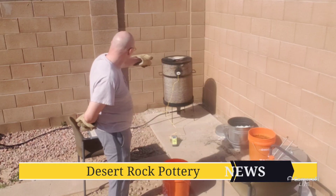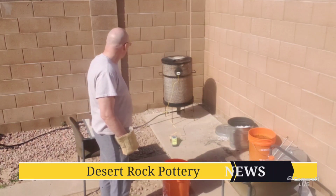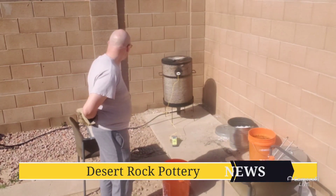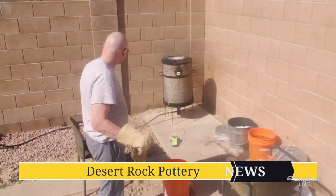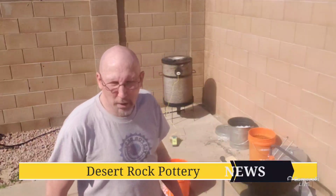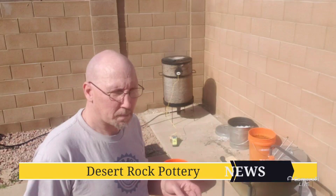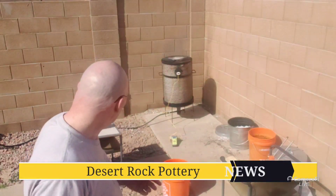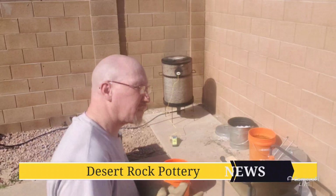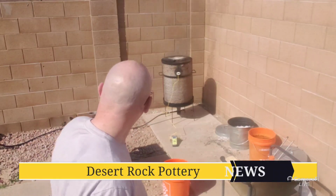You're also seeing, or maybe I'm not sure if you can see, there's a lot of black smoke coming out, a lot of black smoke. 72. Now there's even more black smoke. So it's literally, as I understand it, going into a reduction atmosphere, meaning that there's almost no oxygen. I mean, there's oxygen coming up through the bottom, but by closing off as much as I can, it starts to lose that oxygen. So more oxygen is being burned than